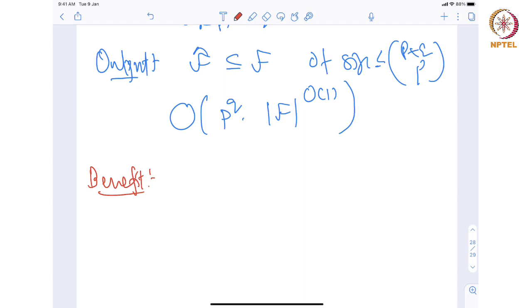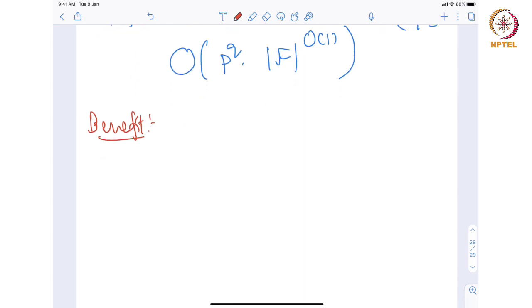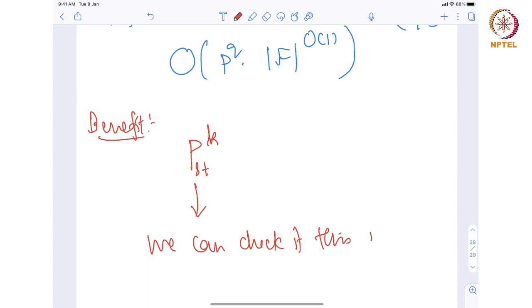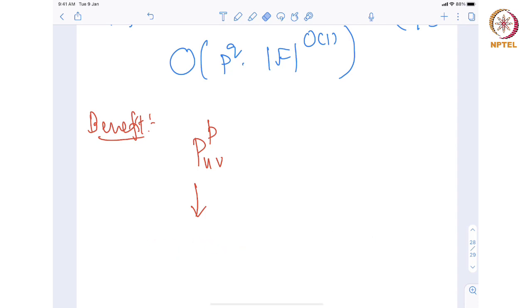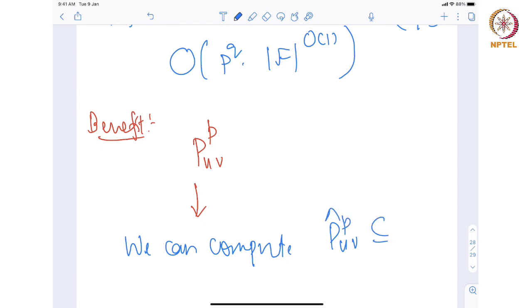It says fine, if you give me, so for example, for directed k path, what are we saying? We say, look at S T K, if you give me this, we can check if this is, we can compute its representative, or rather let us say, if you give us this, we can compute, let us say q e, we can compute this,